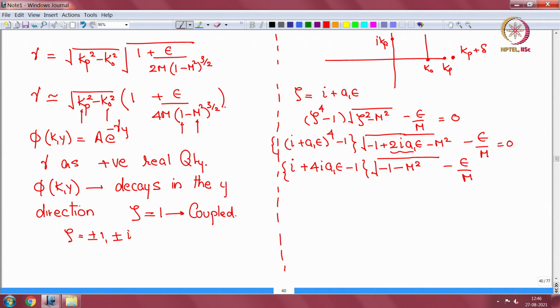Sorry, i to the fourth is 1. So I get this cancellation and I get 0. So if I take the epsilon out and see the coefficient equation, I have 4 i A1 square root of minus 1 minus m square minus 1 over m equal to 0, so that I can write my A1 as 1 over 4i